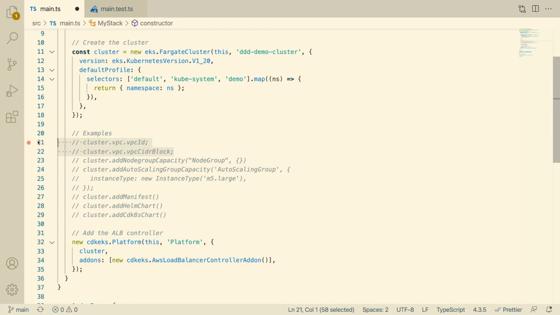There's also some helper methods here. The first is to add node group capacity. We're using Fargate here, but if we wanted to deploy a static EC2 worker node, we can do that with this function here. We also have the option of adding an auto-scaling group.